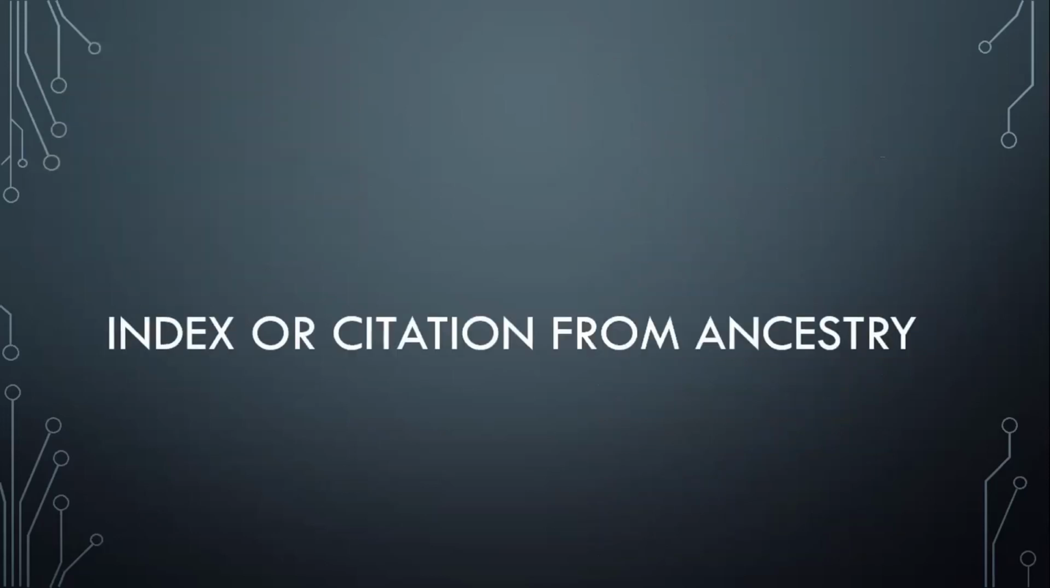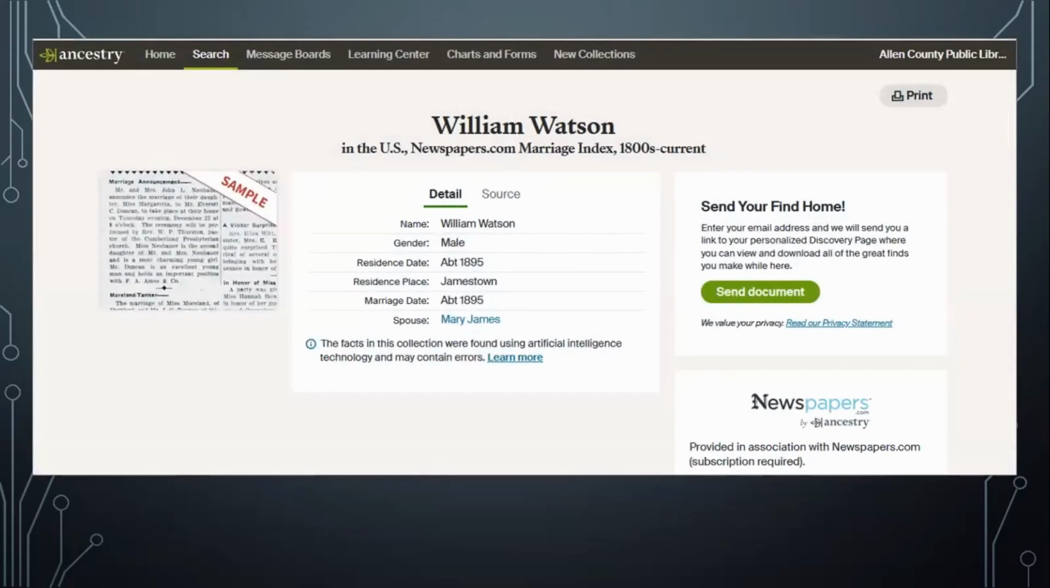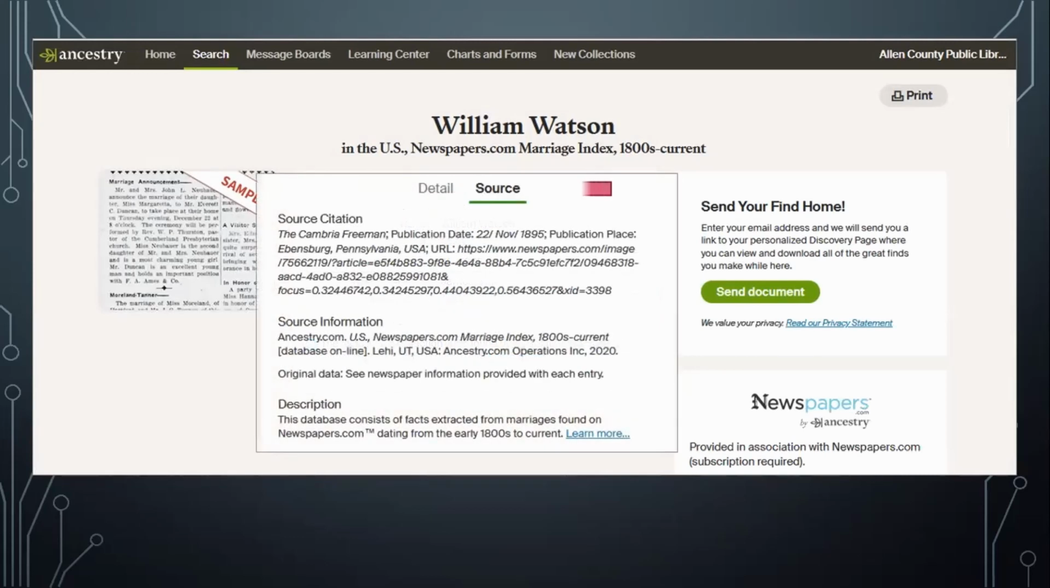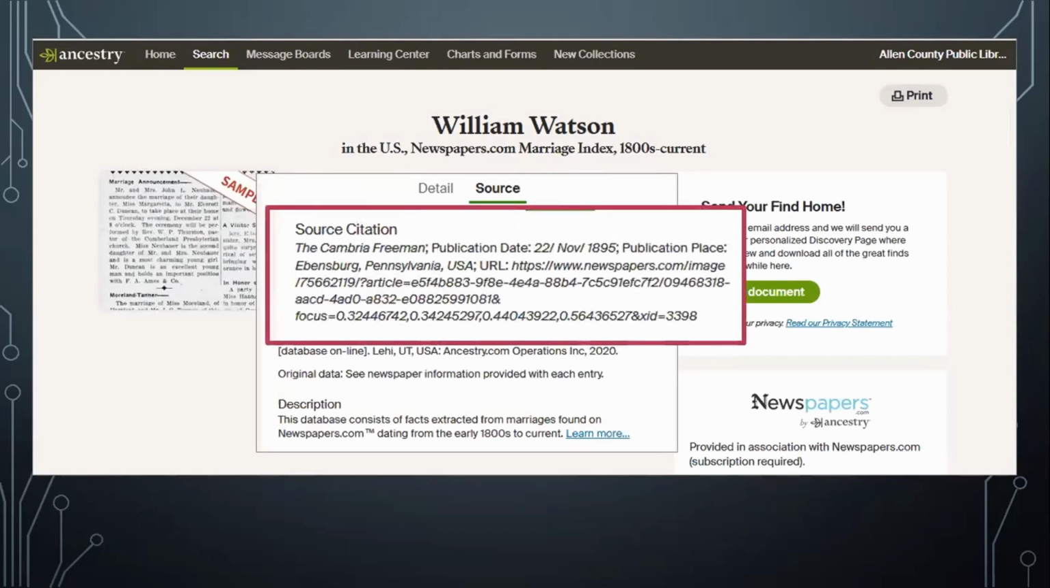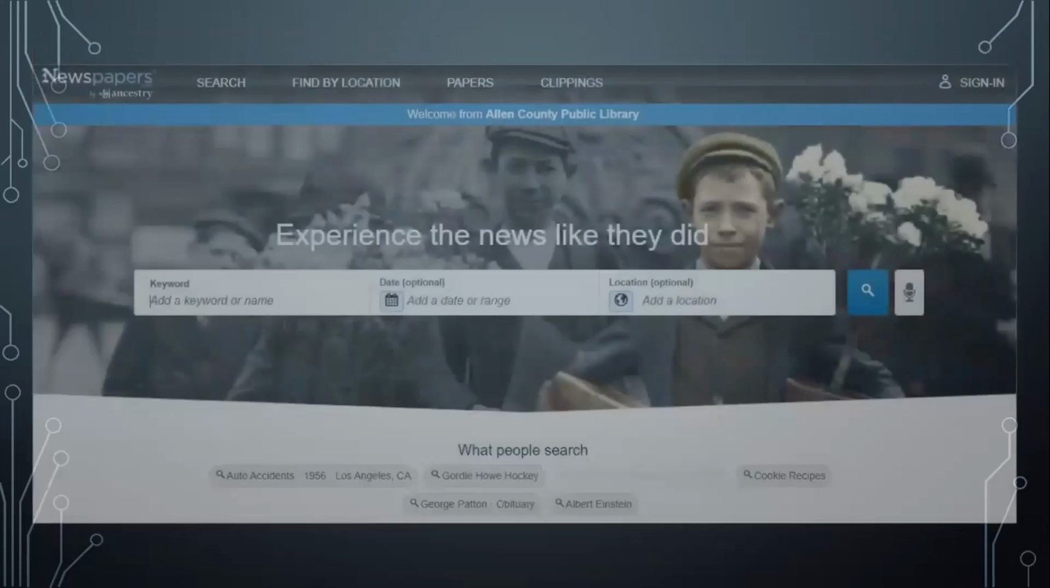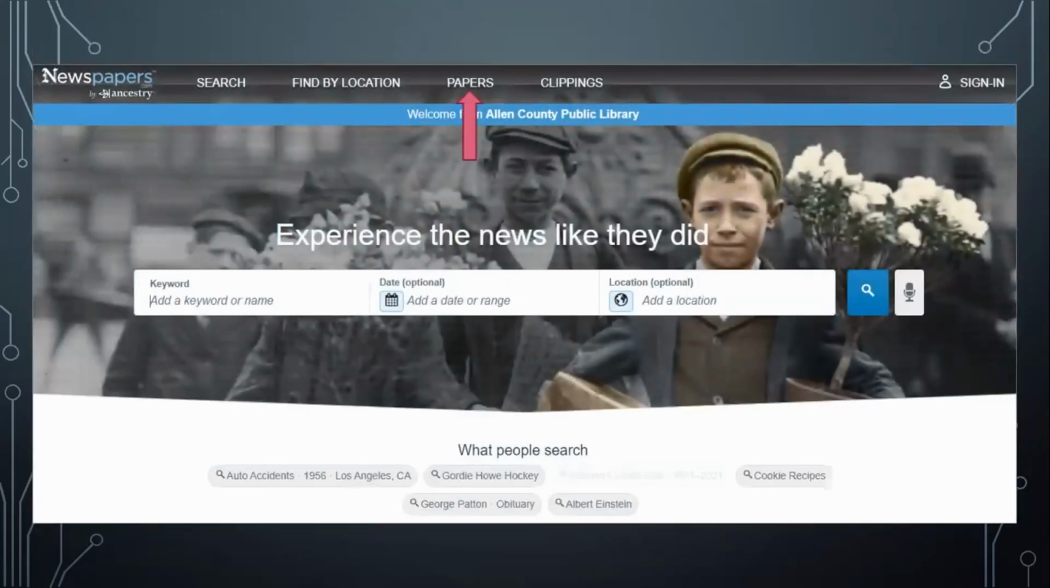And finally, I want to show you, for those who find an index to an article in newspapers.com, such as the citation that some of us find on Ancestry. So here is the citation on Ancestry where it says William Watson, and it looks like it's a marriage announcement. So this is the detail information, but if I go and look at the source instead, the source citation actually tells me the newspaper, the date, and the location. So with those details, I can actually go to newspapers.com, go to the papers,